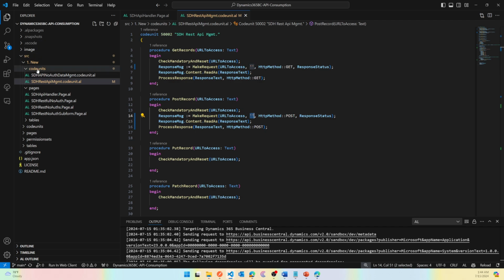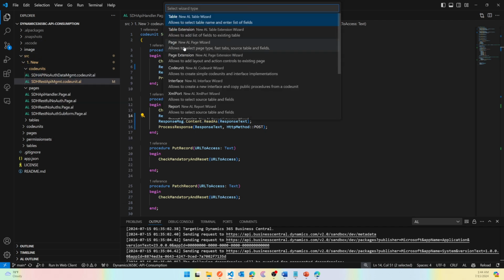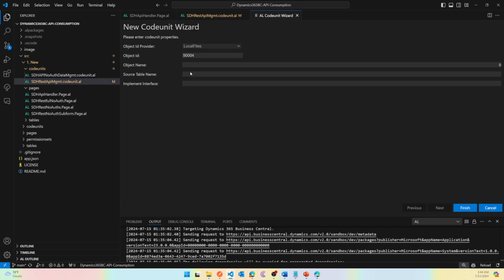So what I'll do is I'll create a new code unit. Believe me, I don't like to create it, but it makes sense not to put everything here. So let's call it SDH. I guess we had a code unit in the past. We did not. Okay, so we'll call it payload or SDH no auth